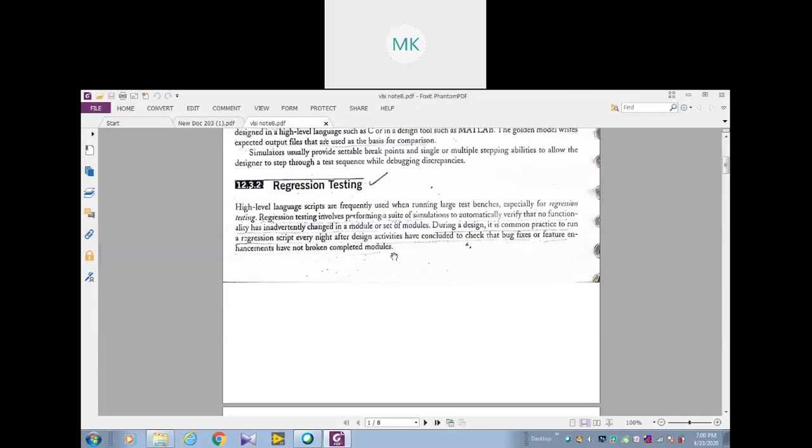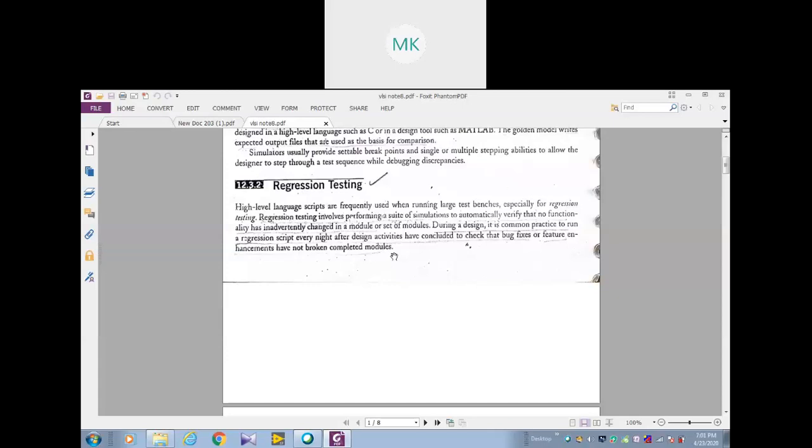So regression testing is a repeated process that we perform every day. Say I have designed one module to perform some operation, my VLSI module. During designing I find some mistakes, bugs in that. To fix those bugs I'm adding some code, removing some code, making some alterations. After all these alterations, my program must be the same, the functionality should not change. To check that nothing has changed, we are doing regression testing.